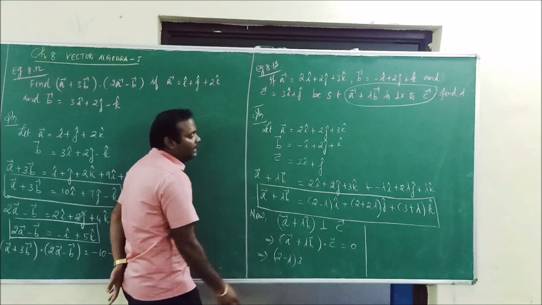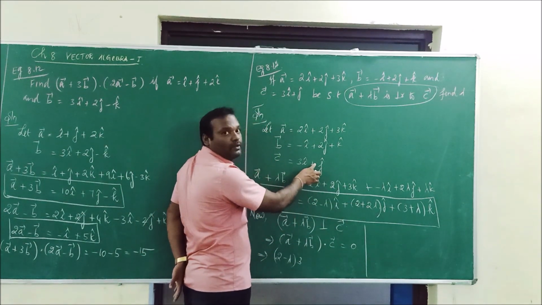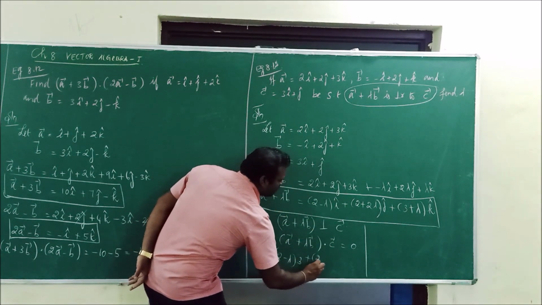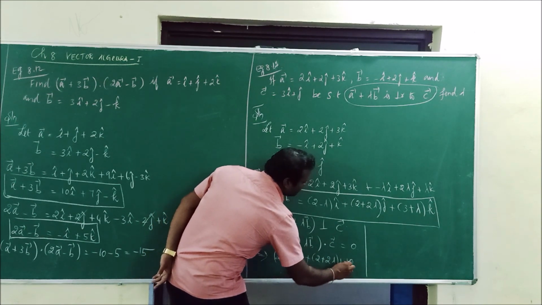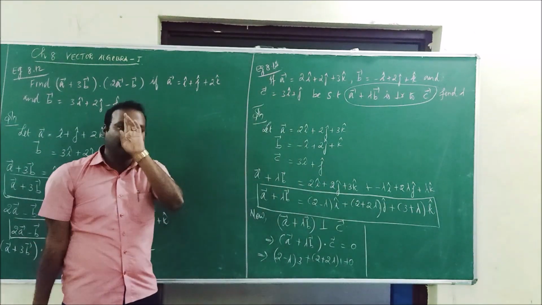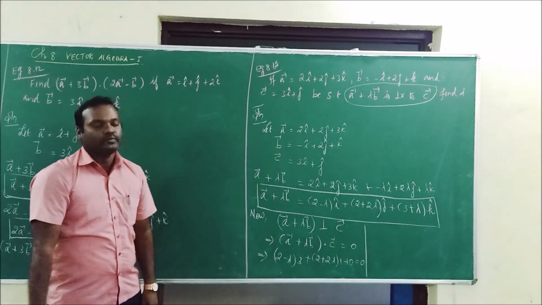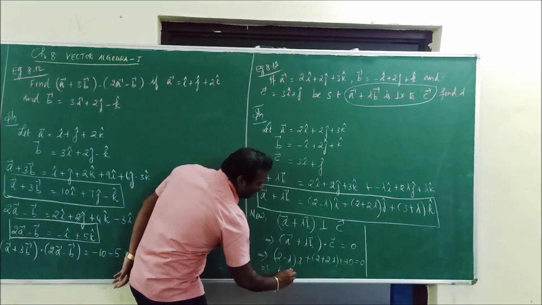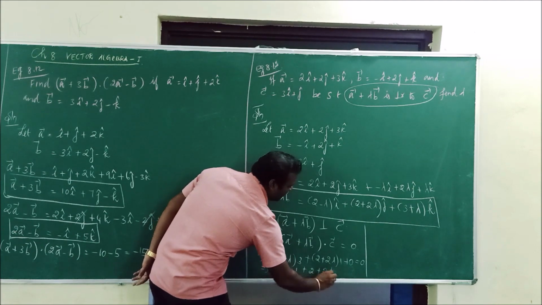Okay. Here you are having j cap, 2 plus 2 lambda. Here for j cap the number is 1. So you have to multiply those two things. So plus 2 plus 2 lambda into 1. The last term is going to be 0 because here you are having k cap, but here you are not at all having k cap, so it is 0, which is equal to 0. Now you just multiply. What is 3 into 2? 3 into 2 is 6 minus 3 lambda, then plus 2 lambda, which is equal to 0.